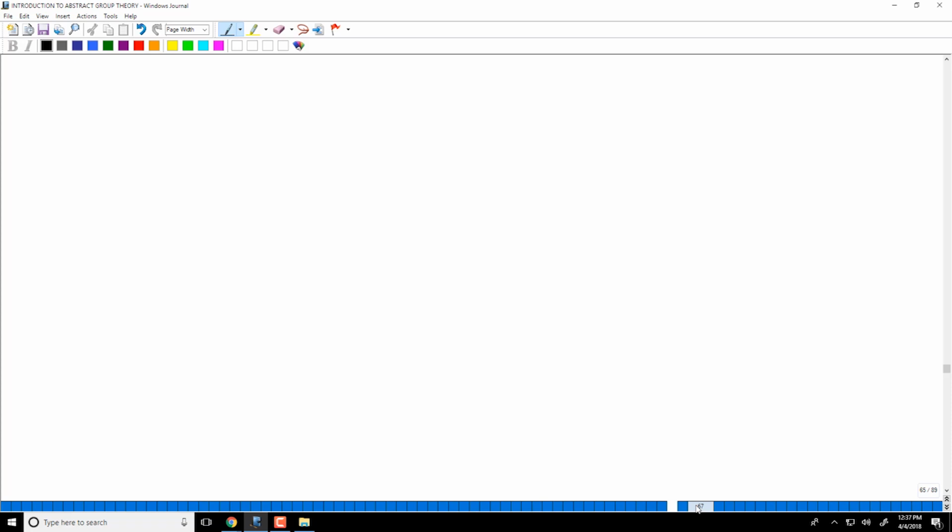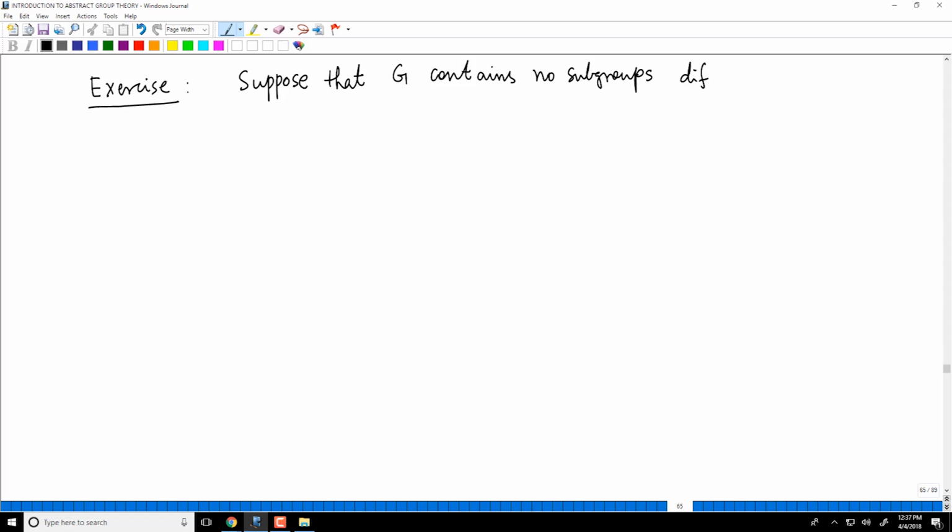Okay, so also another exercise for you, and this one I will quickly work out. Suppose that G contains no subgroups different from E and G. Note that every group, as I remarked earlier, contains two obvious subgroups, namely the trivial subgroup and the full group.